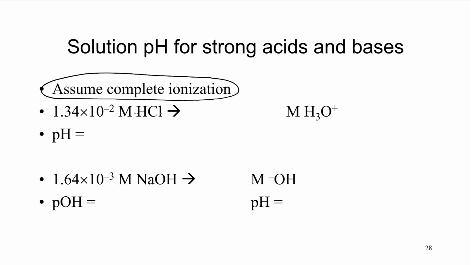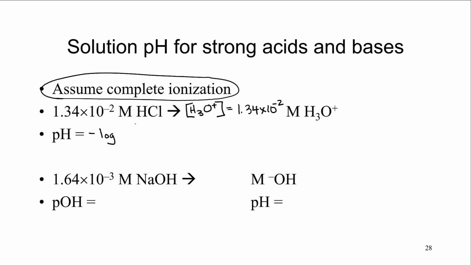So you have HCl in water, right? And when it reacts with water, you're going to get hydronium and the conjugate base chloride, right? But because it completely ionizes, the concentration of hydronium is equal to the concentration of the acid. So if you want to calculate the pH, it's just a negative log of,